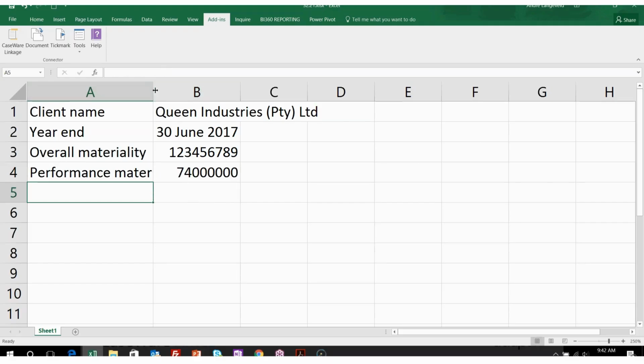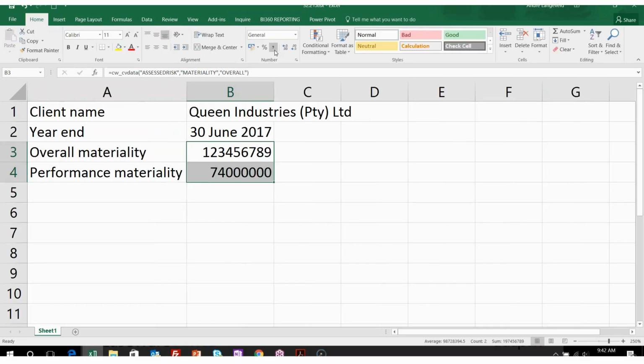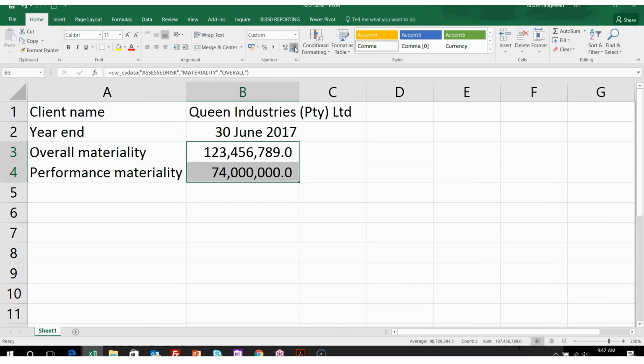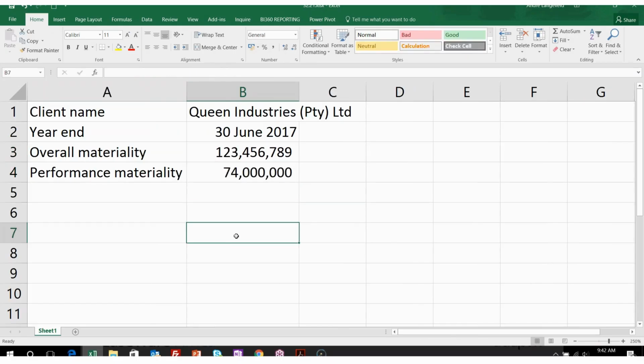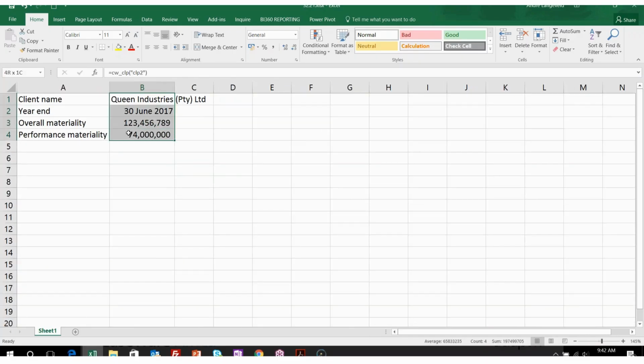Okay, and then just go and do that. And then my OCD kicks in a little bit there. I would want it to have commas and maybe like that there. Okay, so from an audit working papers perspective, that's quite nice because now this information will pull through irrespective on